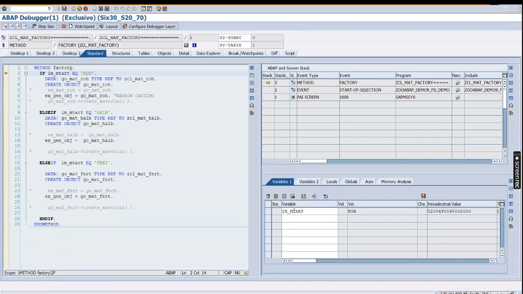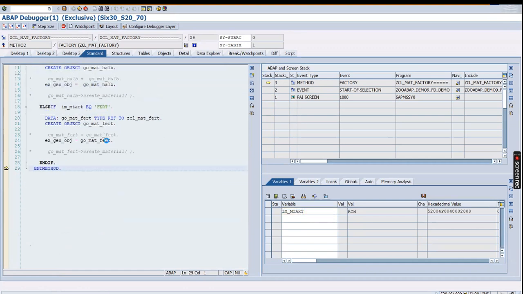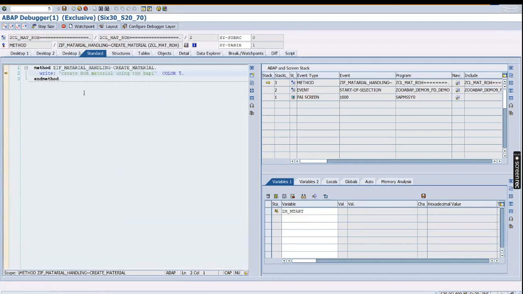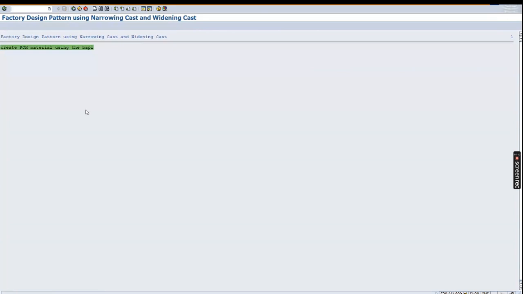This im_mtart is ROH, right? So ROH is just creating the object, and it will call which material, ROH1, consider this class it is calling, right? ROH class. So from the interface, we are calling the ROH material class,